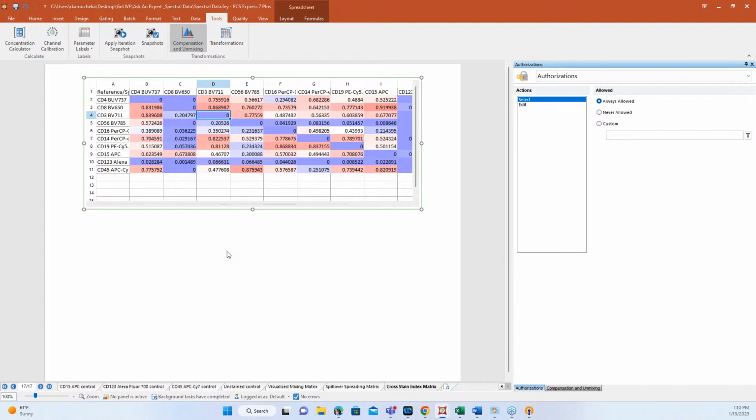The software is never going to tell you this particular unmixing matrix number is bad or good. Ultimately, those are decisions that you need to make about your own data. But it's more to draw your attention to what these numbers are and whether they're increased or decreased, just so you can get an idea of what's happening with your calculations.